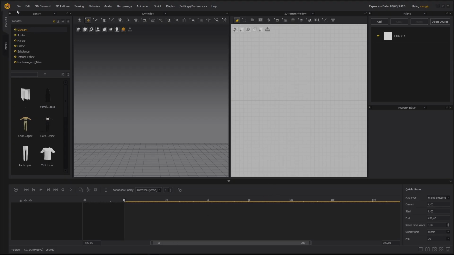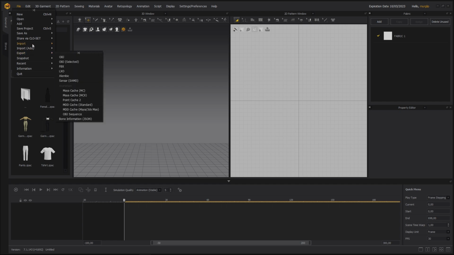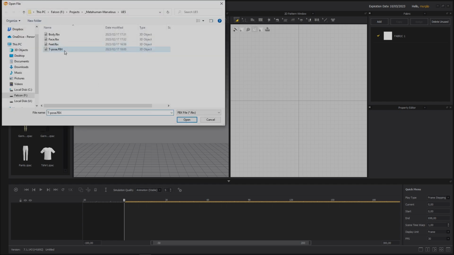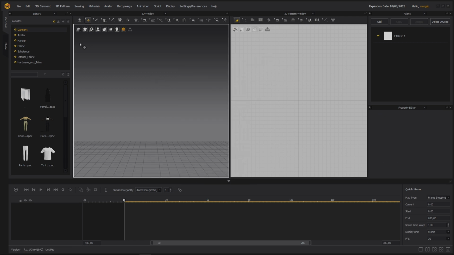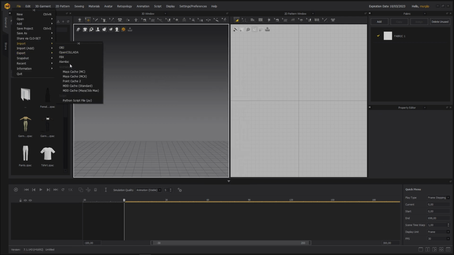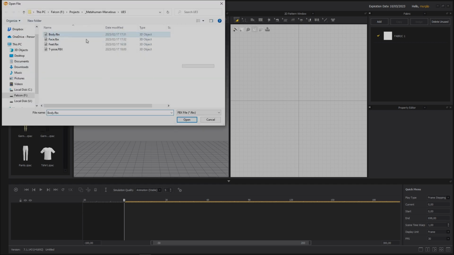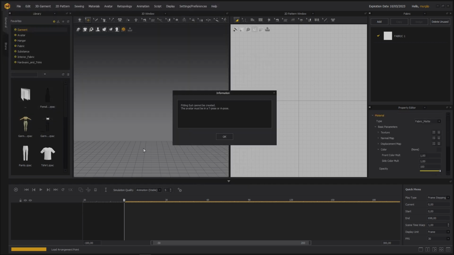Okay, now in Marvelous Designer, go to import FBX, T-pose, and then make sure it's on open and centimeters. In Marvelous Designer, if you go to import FBX and you choose the body, you will see that this error pops up.